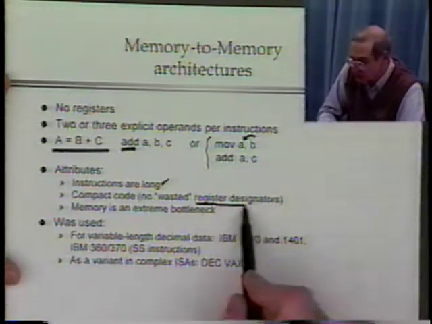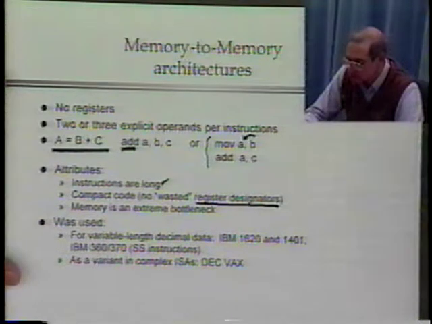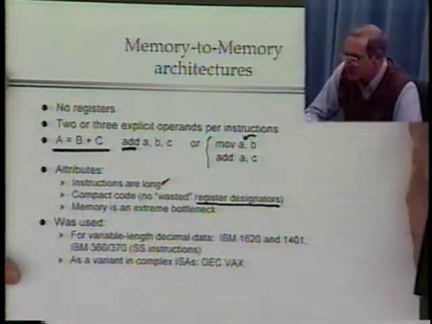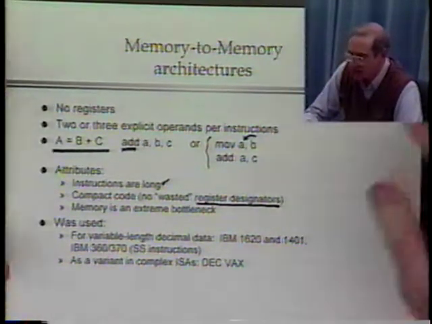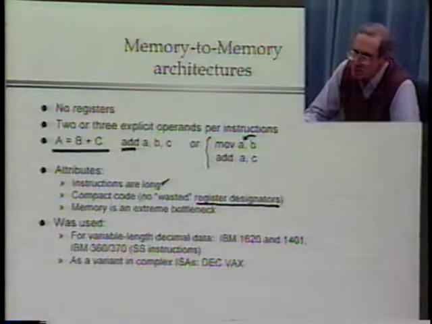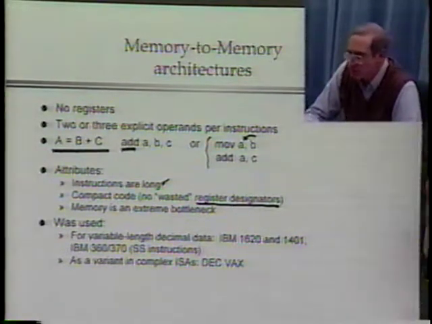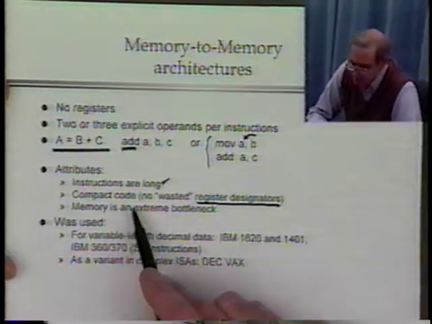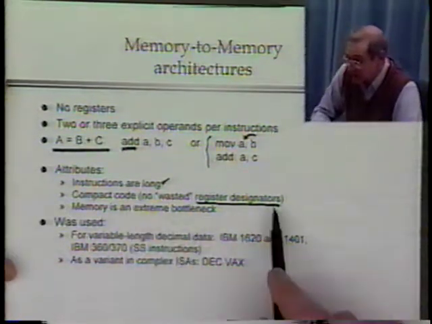The register designators. In fact, I remember people writing papers decrying register-based machines because registers were arbitrary things foisted on the compiler writers by the hardware designers, and they had no correspondence to anything that was in the source code. Why are we bothering with them, and why do compiler writers have to worry about them all the time? Well, in fact, there's a good reason why they have to worry about them, and that has to do with